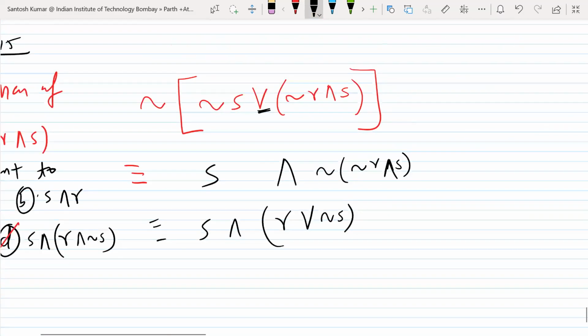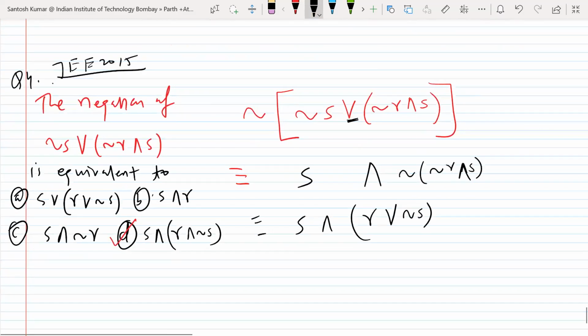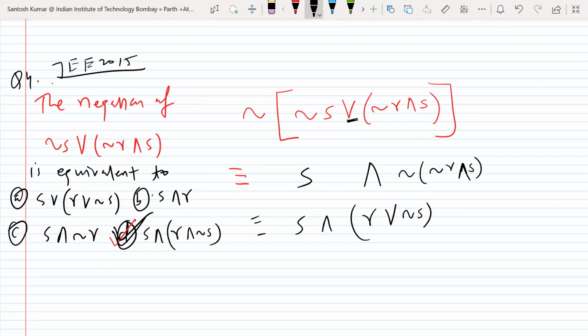Which option is this? Okay, D you tell correct, right? Okay, so D is correct. Sir, the signs aren't matching. Here there is only an and sign, no or. Oh sorry. Yeah. So D option is something wrong.